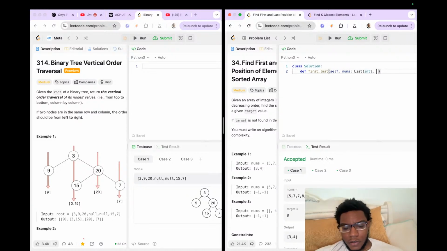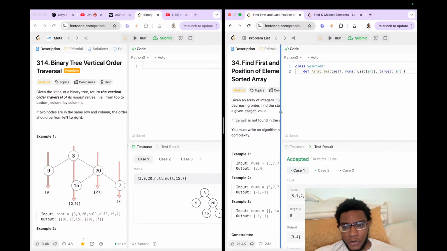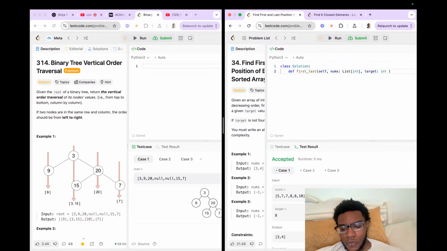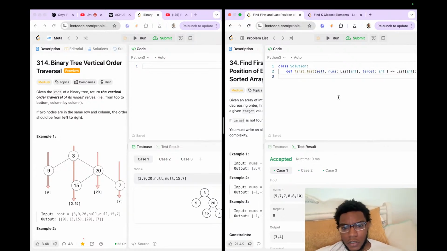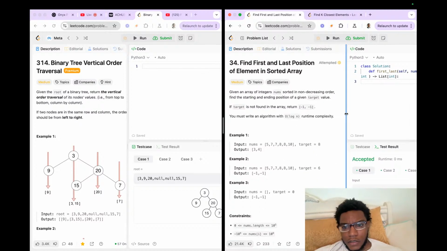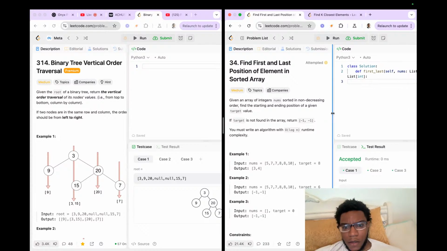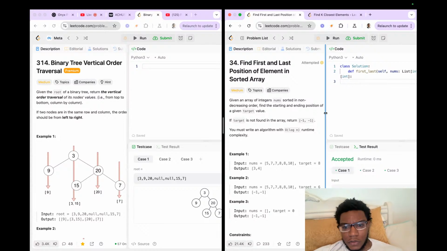So we have a target, which is just an integer, and then we want to return a list of integers. Given an array of integers sorted in non-descending order, find the starting and ending position of a given target. If the target is not found,